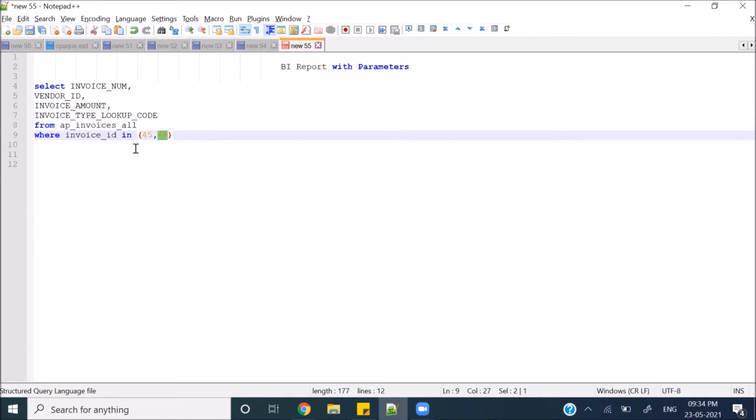Now, in a real-time environment, let's say you are developing an integration, and you want to do some validation using a BI Publisher report, or you want to fetch some data from Oracle ERP Cloud based on some particular requirement. Let's say this time you want to fetch the data only for invoice ID 45, and in the next run of your integration, maybe you want to fetch the data for another invoice ID. That is a real-time scenario that happens.